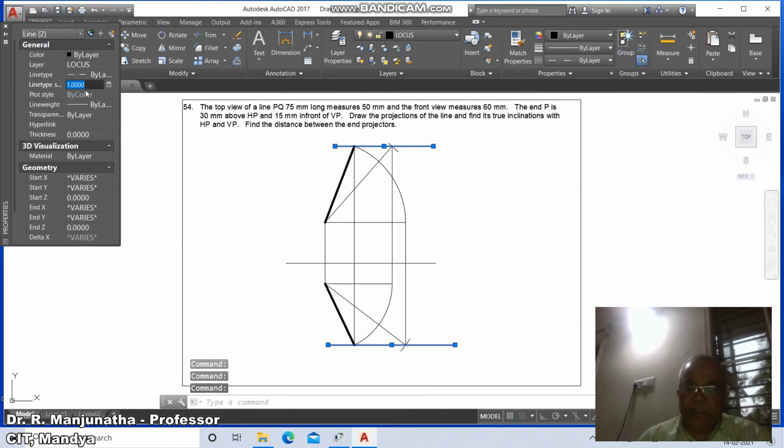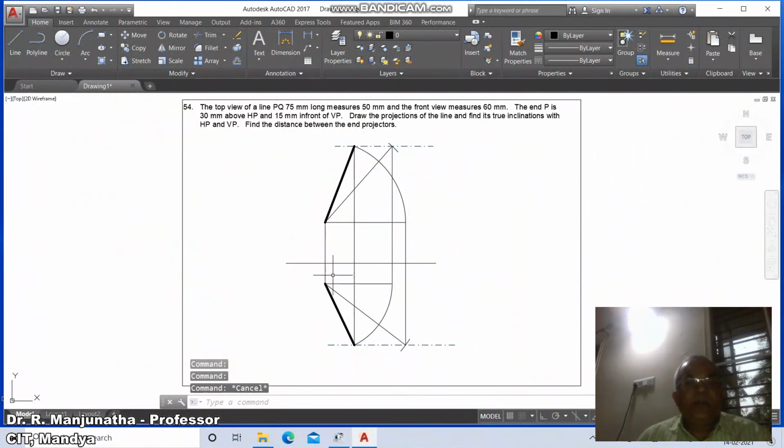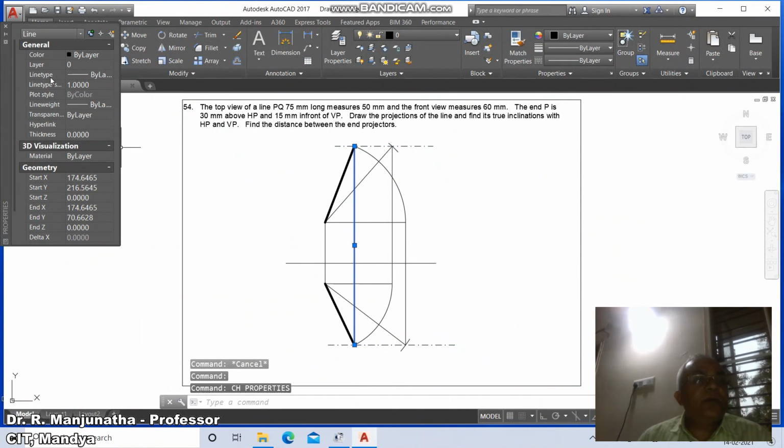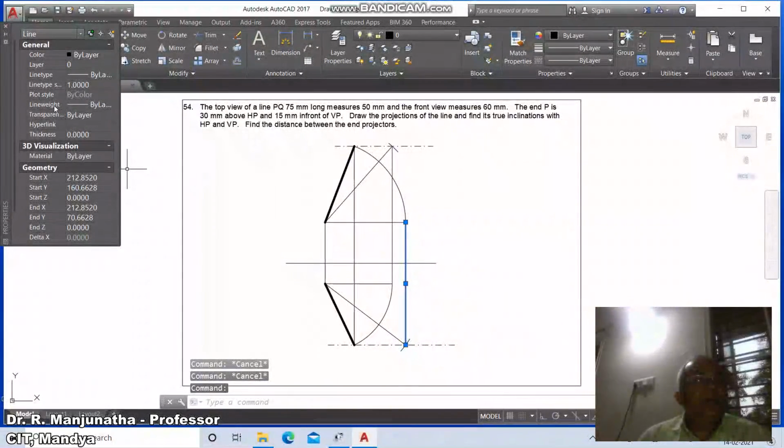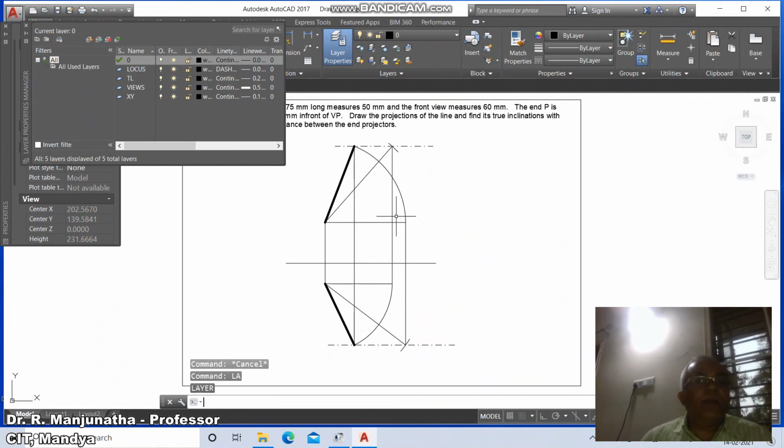So now we need to change this to 10. Now since we have changed this, we'll go to this, you will go to CH, go to line layer, by layer line type. So go to line weight. So the line weight here, here we have to click on this. So the layer, now the by layer it is 0.05.